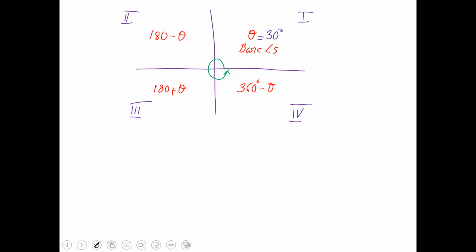It is in the first quadrant. Then if you want to bring this angle here, it will be 180 minus 30, which means 150. If you want to bring this angle in the third quadrant, it will be 180 plus 30, 210. If you want to enter this angle in the fourth quadrant,